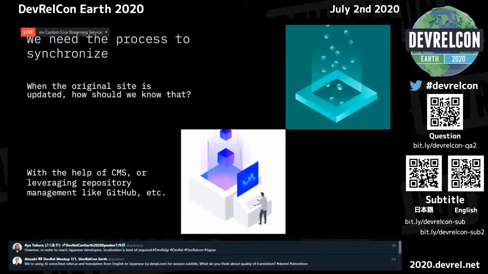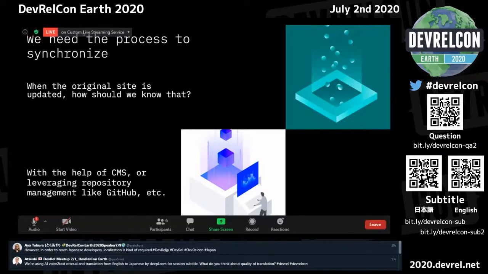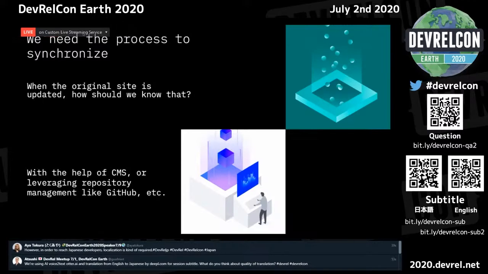Okay. And we need a process to synchronize. When the original site is updated, how should we know that? It's hard to catch the update timing of the original site, right? So with the help of a CMS or by leveraging repository management like GitHub or something like that.